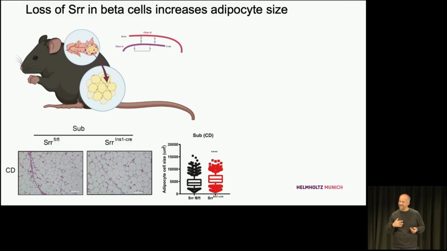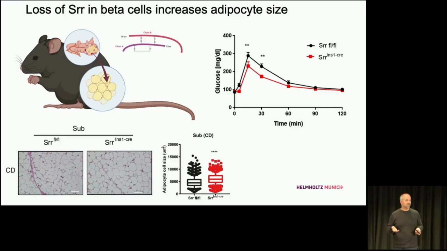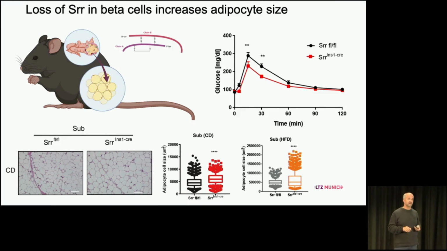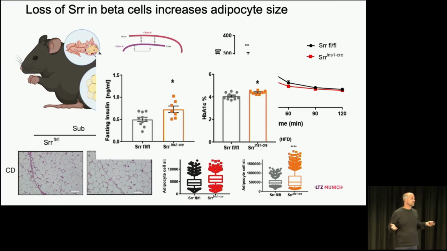However, in this case, that was actually good for the metabolism, because you can see when we do a glucose tolerance test, the knockouts are again in red, the glucose is cleared faster than in the wild-type mice, simply because I think all the lipids are maintained in the adipose tissue where they should be. However, when we feed these mice a high-fat diet, we get an increase in hypertrophy, so cells get even bigger, and this then induces insulin resistance.